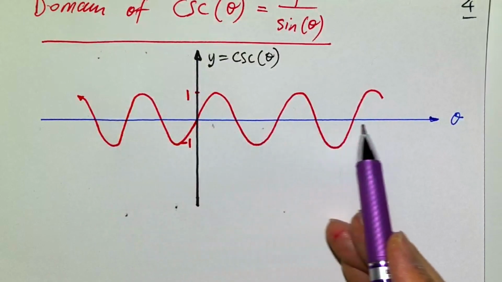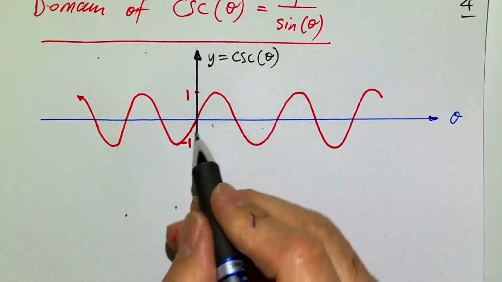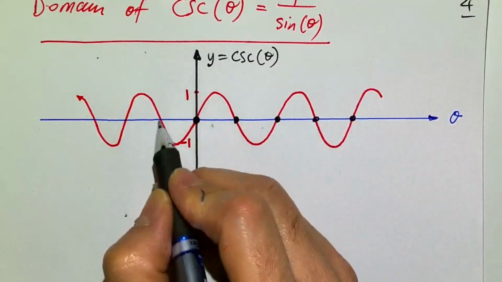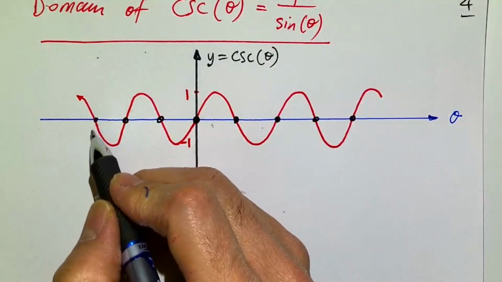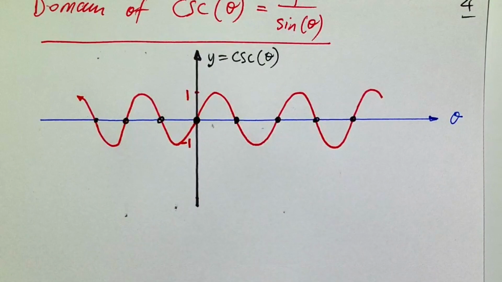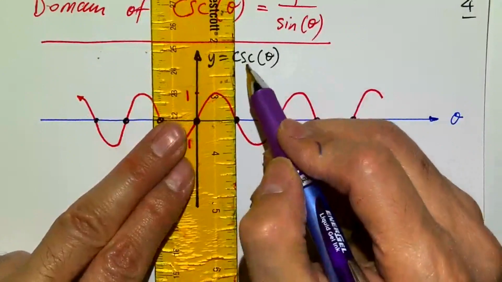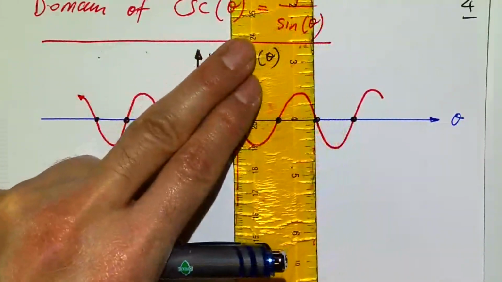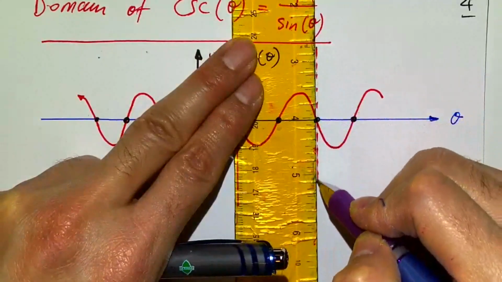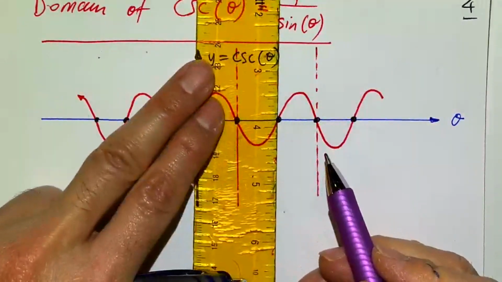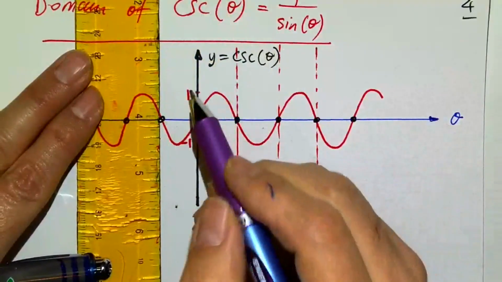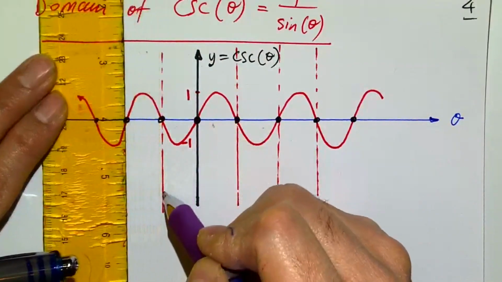So you can see clearly at some points the sine function is 0 at that point, here, here, here. All those dots that I'm putting on the graph, that's where the vertical asymptotes should go, right? Because the cosecant function cannot go through those points. So I'm going to put a dashed line here. I'm going to put a dashed line right through that dot where sine of theta is equal to 0. Another one here. Another one here. Another one here.